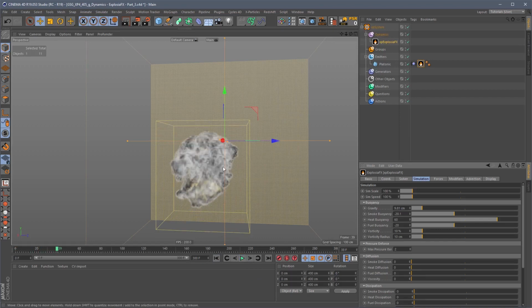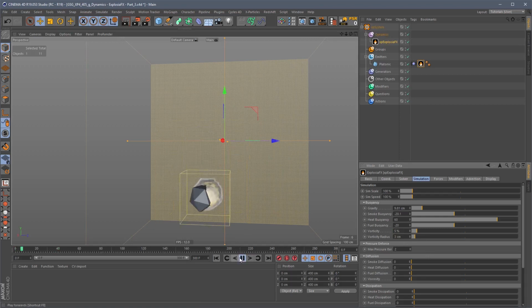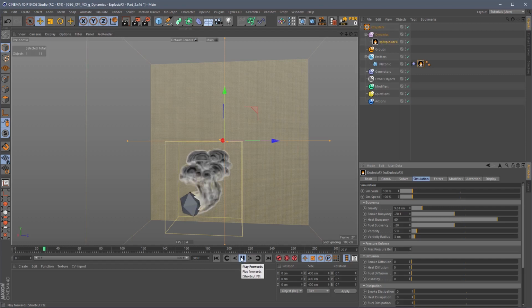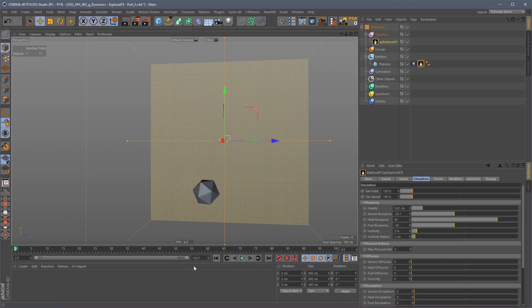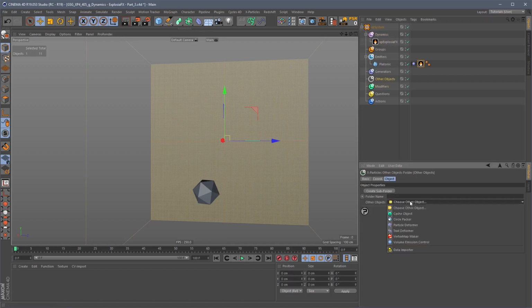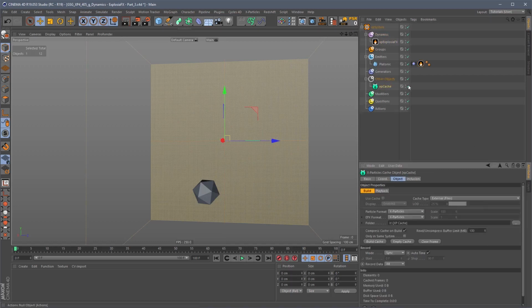And again, it's really getting out of control. It's probably because I've reduced the voxel size down as well. It's very cool. I'm just going to let this cache. I'm going to probably cache 100 frames of it, and then we'll come back and take a look at how to render them. So let's just quickly drop a cache object down in our others tab, cache object, and we